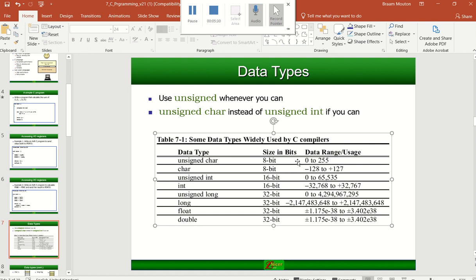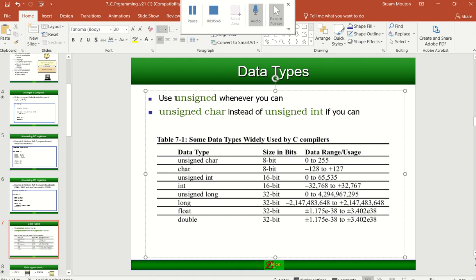You have to make use of the next size, which will be an unsigned int, for instance. So if you do not put anything, if you just put char, it actually means it is a signed char. So this is why it says rather use unsigned whenever you can. So start by getting used to that method. So you can use char, but I would rather prefer to use unsigned char,